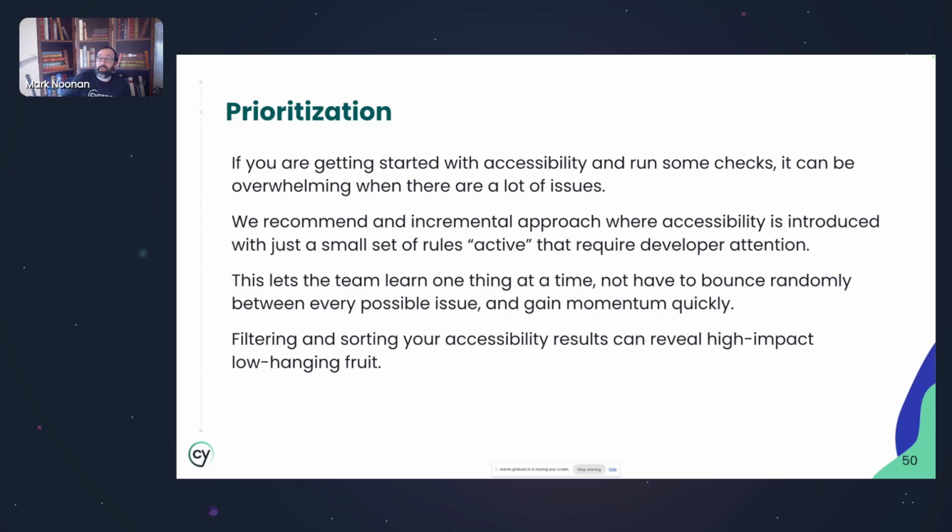On the other hand, turning on the fire hose if you have a big backlog of issues and forcing developers to bounce back and forth between every conceivable accessibility issue that might happen and try to require that level of perfection at the start is a recipe for disaster. People will be frustrated. They won't learn things consistently. It's often better to find those things that you can win, that are quick wins and easy to fix,